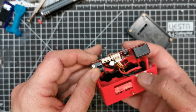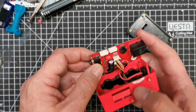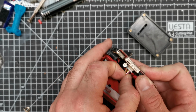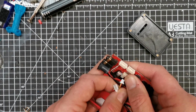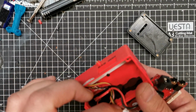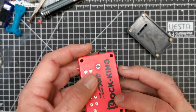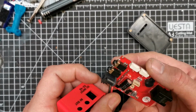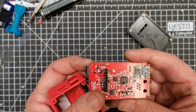So we've got all this kind of stuff here. We've got a connector here that we don't need. We've got LEDs and all sorts of jazz going on in here. So a lot of these connectors don't really do anything that we would want in a simple module. One of these connectors, this one, is for the LEDs on the front, and the other one is presumably for this menu switch, which, bearing in mind I won't be using the Furious FPV module, we can